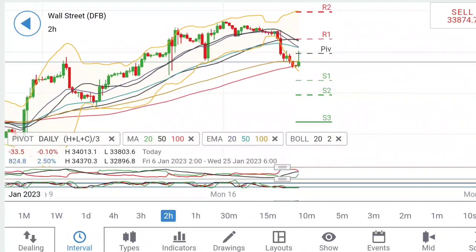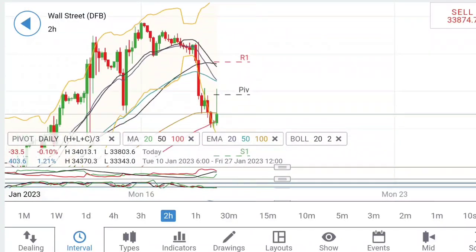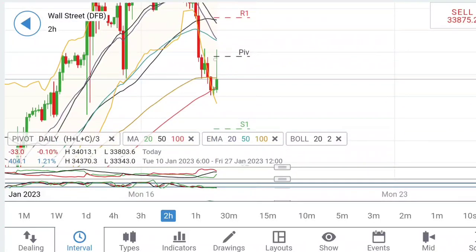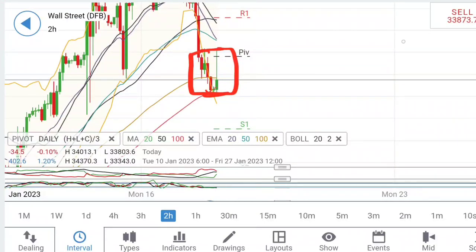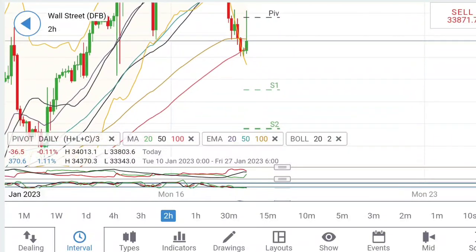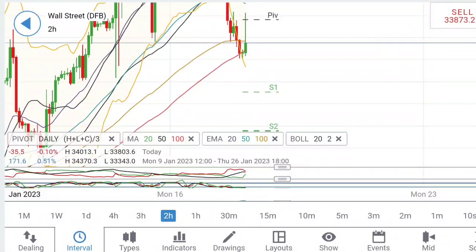Now look at the 2-hour charts. On the 2-hour charts, you can see it has completed the journey till here. So it is precisely trading in between the resistances and the supports, that is 33,800, 34,000 levels. It needs to sustain on the upside and downside such that it can give a breakout below 33,800. 33,700 is very strong, and then we can expect it to drop further, which might take it for 3600, 500